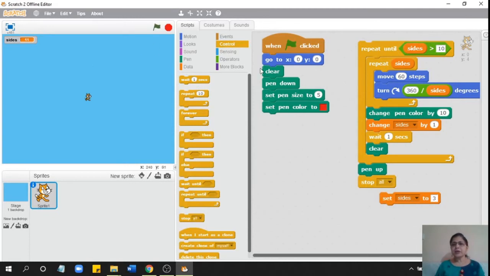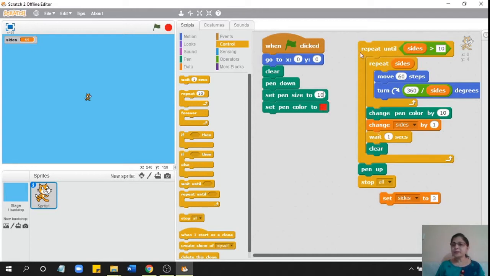Okay. Now, after doing that, I will change the pen size to 5. Now, if I want thicker lines, I can make this number a little bit bigger. If I say 10 or something, then it will draw very thick lines. Okay. But I think 5 is just fine. But we can try with a 10 also. And I'm changing the pen color to any color I like.